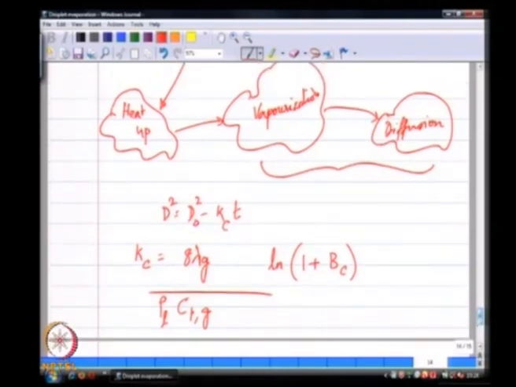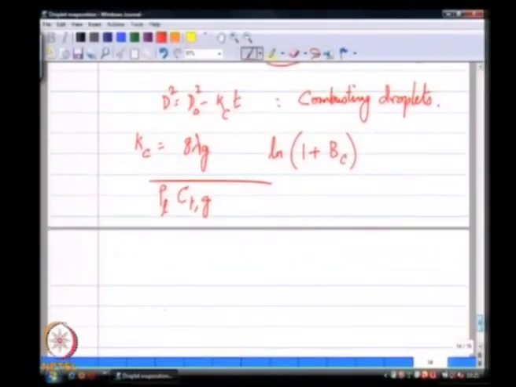So essentially, in the context of combusting droplets, one can write a modified d squared law. Again, the original d squared law is a theoretically derived version, but it has been empirically validated in many different situations where those theoretical arguments may not hold water rigorously, and that is the beauty of this law. So, now I can write a B C